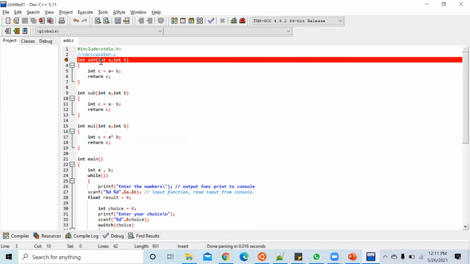When it comes to functions, in the brackets you will give the inputs. These are called as parameters. A and B are called as parameters. So it will operate on these parameters. It is operating on A and B, and the result is C. We will specify the result here. This is called as return type. So integer is the return type here. So it adds 2 numbers and returns integer type. So this is how the function structure is.